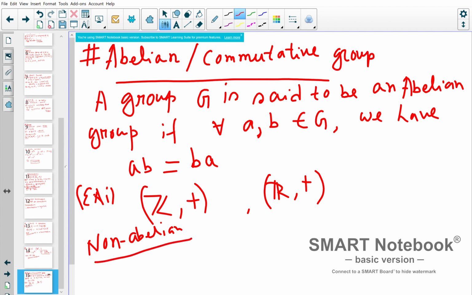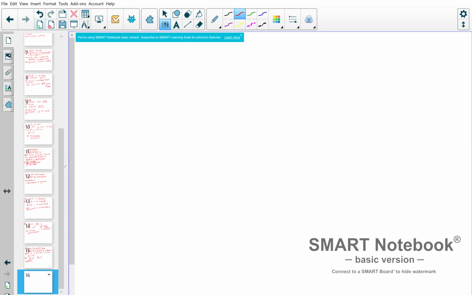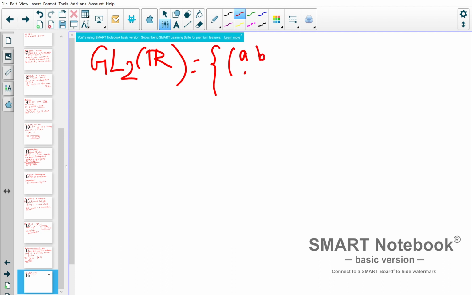Oh, so let me define it. Okay, so you may not remember that. So let me define this non-abelian group. Let me write down, say, GL2R. It's called the general linear group of 2 by 2 matrices. So what is this? This is the collection of all 2 by 2 matrices